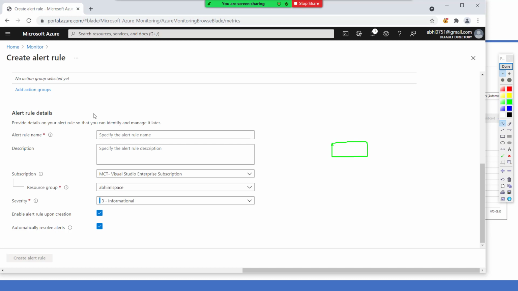I was using Azure Functions, so I created the alert for Azure Function. I was using the storage account, I created the alert for the storage account, and I provided this webhook URL into those alerts.